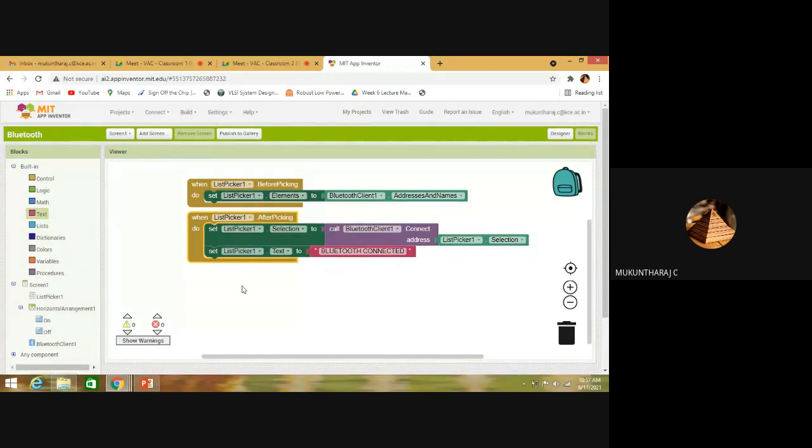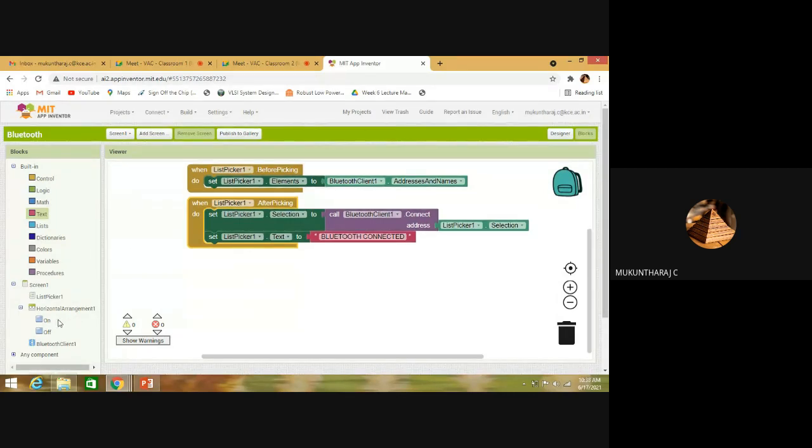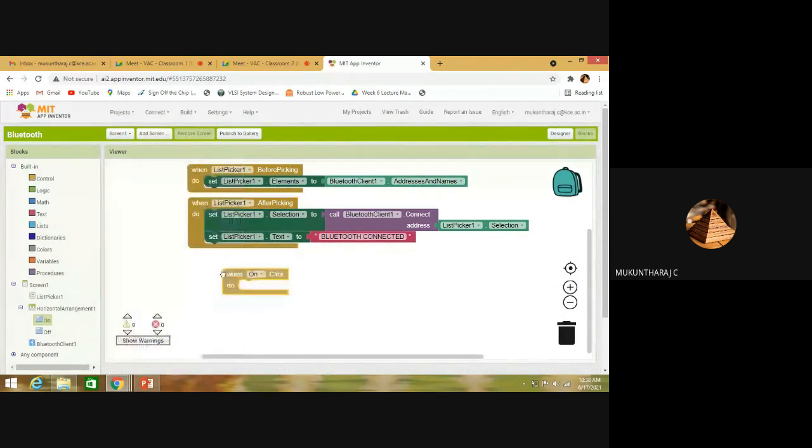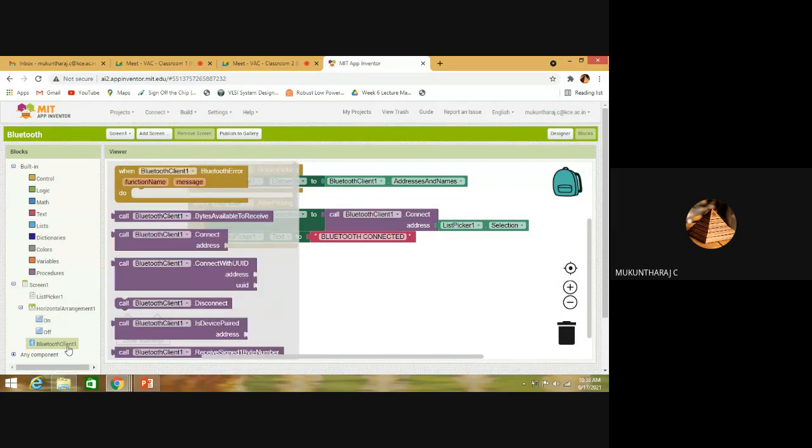Bluetooth connectivity. After creating connectivity, what must it do? That will be based on the button clicks, right? When button one is clicked, which we have renamed as on, it needs to send the Bluetooth client a data.